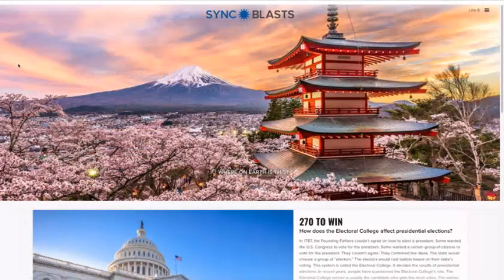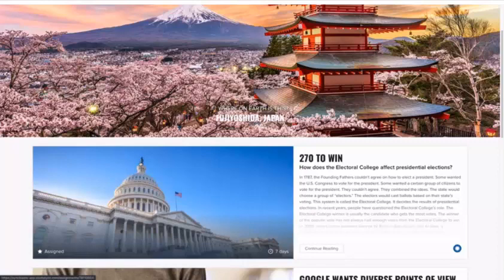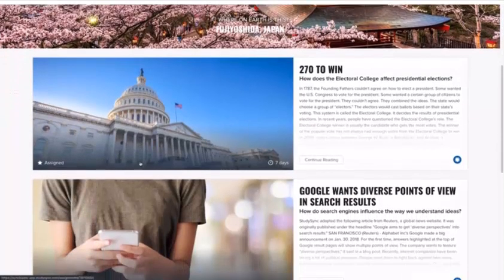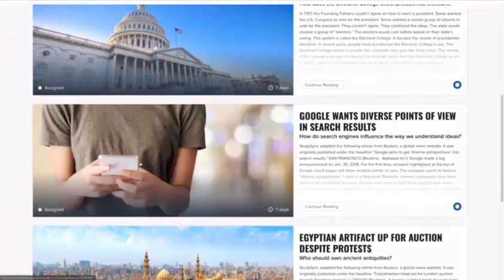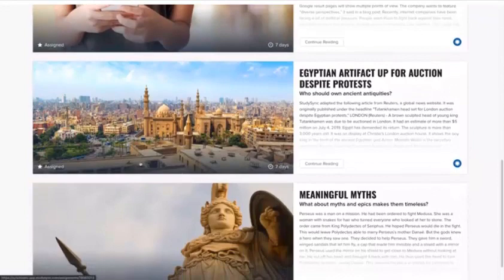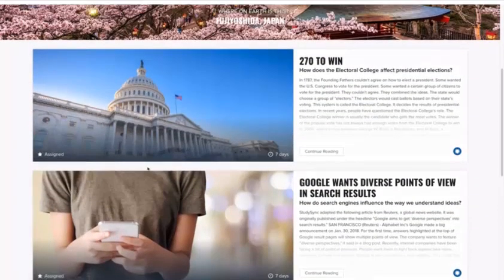Now here I am logged into a student account. They'll always see a new striking image at the top of the page with a quick geography-related question. And below that, students will see all open assignments sent to them by their teacher. For example, my student Lily here has 4 open blast assignments to complete. The student will see all to-do work right here on their home page, whether it is an open SyncBlast that they have yet to complete, or one that is still open with peer reviews for them to take a look at. Here's the one that I just